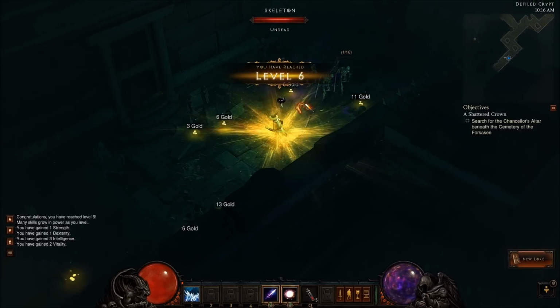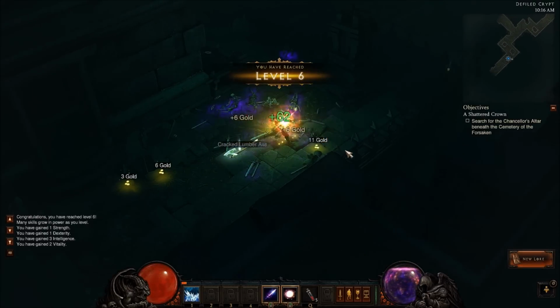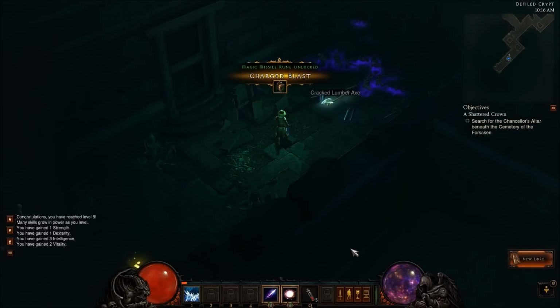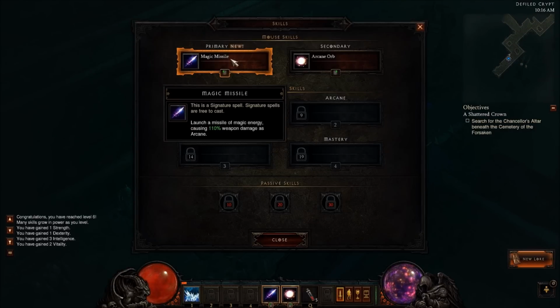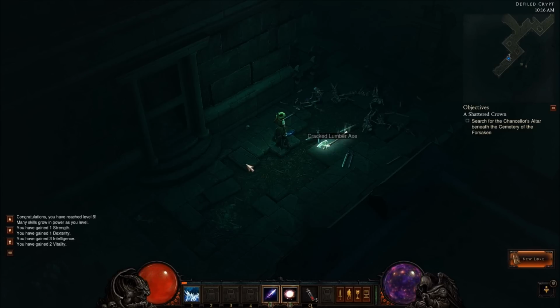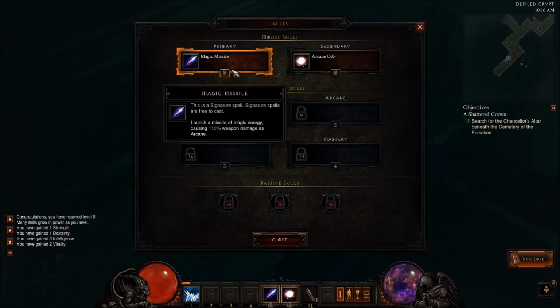Level 6. Could see me now. No ability learned this time, but I do get a new skill. Looks like it's called Charged Blast for magic missile. Increases the damage of magic missile to 143 as arcane. So here's what magic missile looks like now, just an arcane looking blast. So with this effect on it,